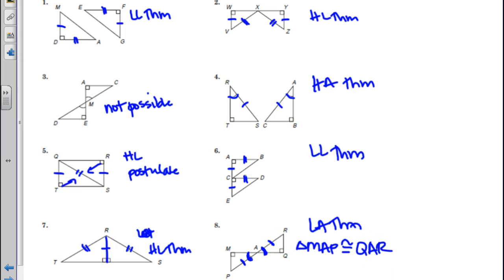All right, so now you try number 7, and I'll go ahead and put a U here. So you try number 7, and let's see if we get the same thing. So go ahead and pause the video. Okay, now that we're back, let's check this out. I have TRU. You do not have to have the same thing that I do. So TRU is congruent to, I went 2 side to 1 side, so I need to go 2 side to 1 side,